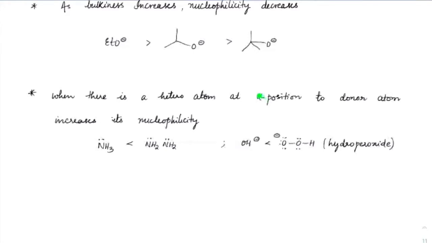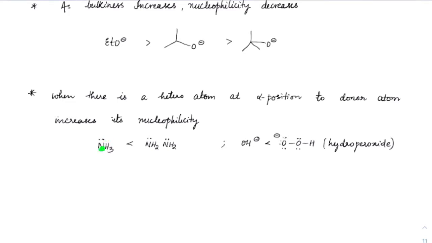Basically, at alpha position, suppose this with respect to NH2, this is the alpha position. If there is a lone pair present on the alpha position, that lone pair will push and disperse this lone pair density, because of which its nucleophilicity will increase. There is much more molecular reasoning to it, but as of now, what you need to remember is that if there is any lone pair containing group just at the alpha position, it always increases its nucleophilicity compared to a similar atom like NH3.